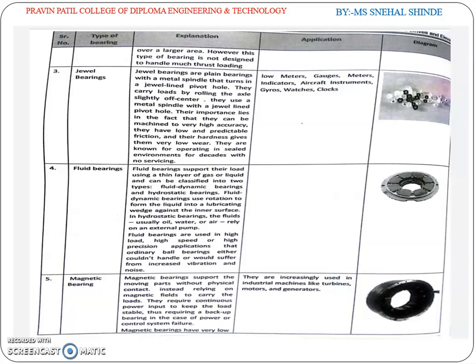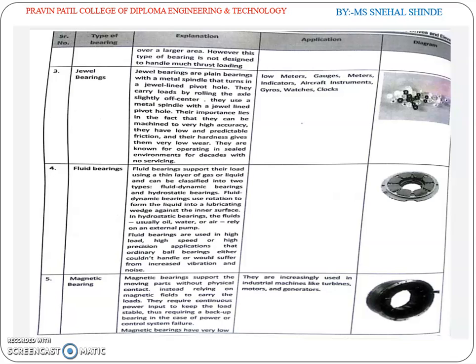Fluid bearings. Fluid bearings support the load using a thin layer of gas or liquid and can be classified into two types: fluid dynamic bearings and hydrostatic bearings. Fluid dynamic bearings use rotation to form the liquid into a lubricating wedge against the inner surface. In hydrostatic bearings, the fluids, usually oil, water, or air,